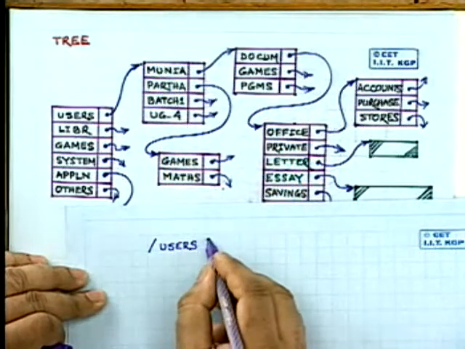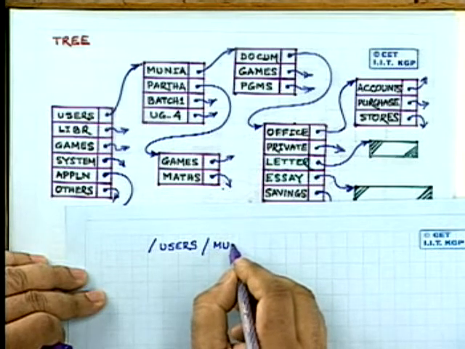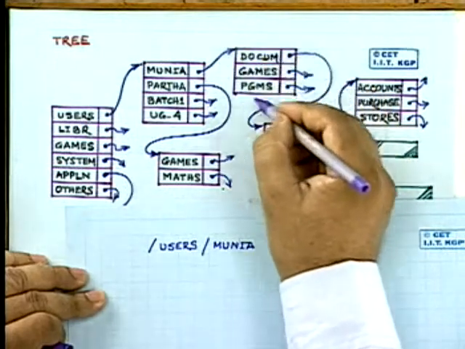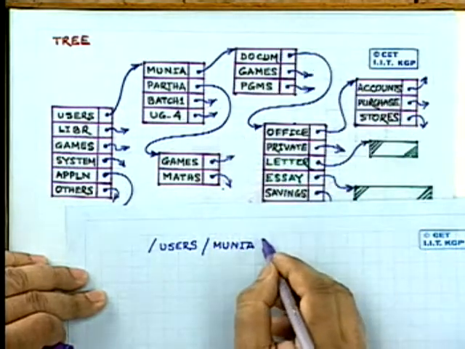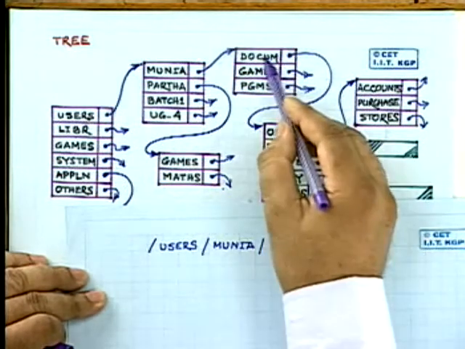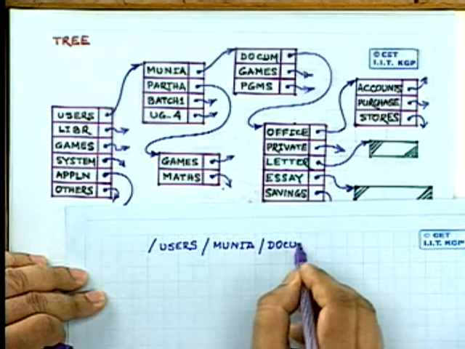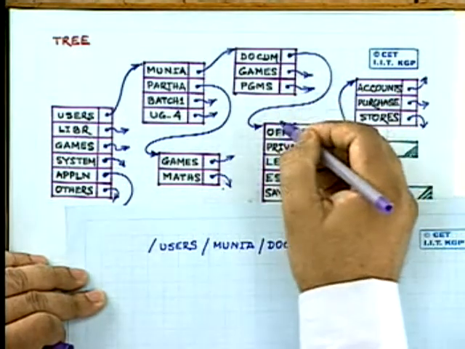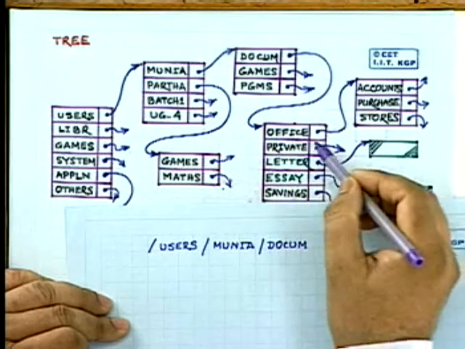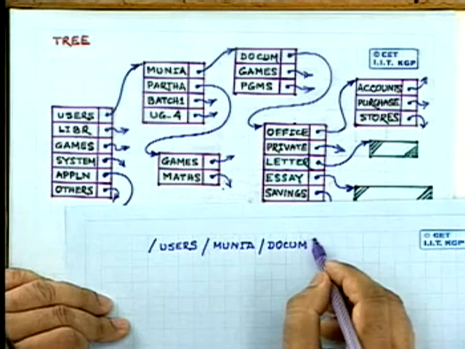Then we go to the directory Munia. Then we go to the directory documents. Then when we come to documents, this is a directory, and if we want to go to this particular file, then we say,